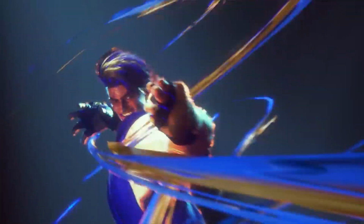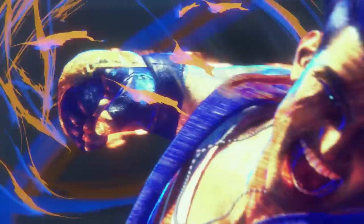No cap. And lastly, this is the one thing I think isn't being looked at: the branding of a new CPT era, with the new logo and esports presentation for Street Fighter 6. There's a couple things here regarding that. There's big color and branding recognition with Street Fighter 6, especially in Luke's portion where he's knuckling up, going for the punch, and it has the blue and the gold. If you slow down the footage, which I'm gonna do here for you guys to take a look at,